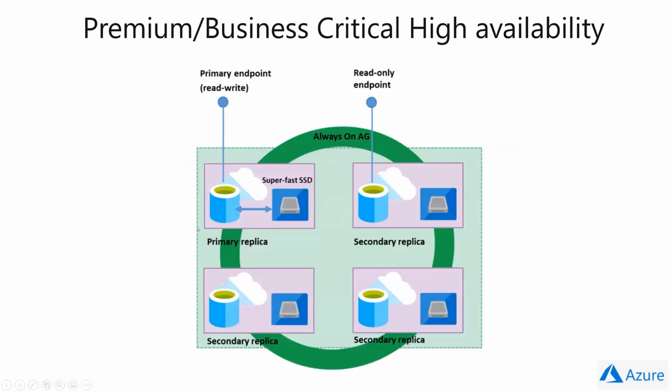Now, before we jump further into Geo Replication, I also want to mention how we manage part of high availability in Azure. Hopefully I don't confuse you more, but basically the way it works, let's say you deploy an Azure SQL database. And when you deploy the business critical or the premium tier, it comes with built-in high availability. And this is the picture you're seeing right now.